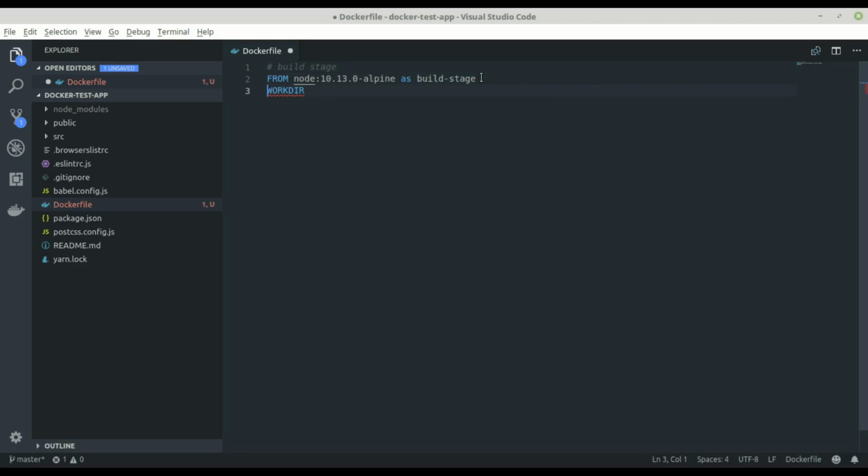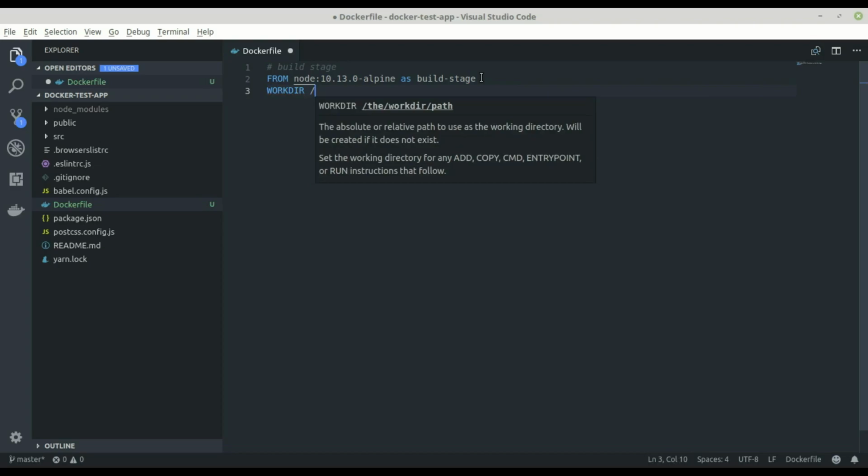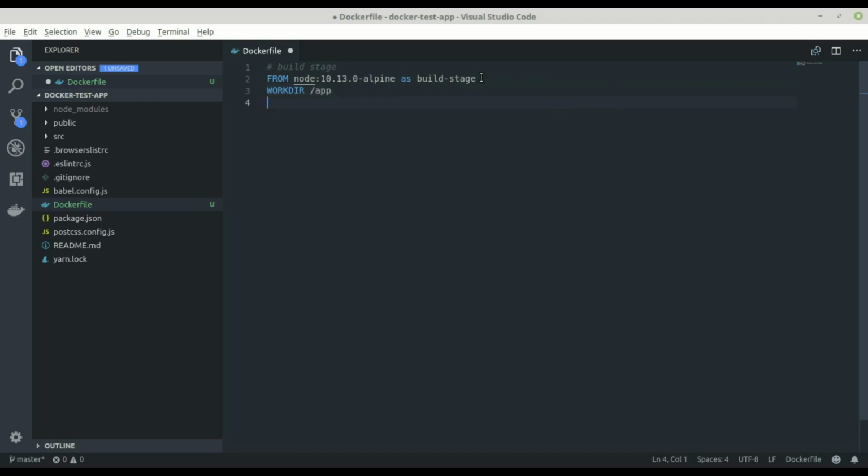Have to be in the new line here, okay. Work dir, we say there is app, okay. That's the working directory that we are going to use. And then the second step that we're going to do is that from the current directory that we are in when we run the command, we want to copy all the